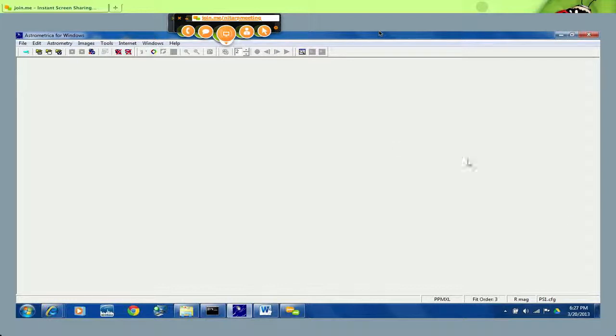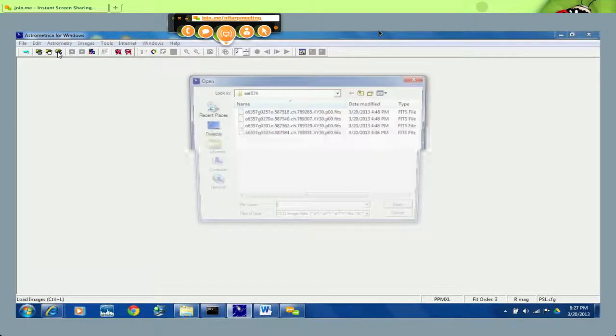This is your toolbar, and to load images, you go back down here. This indication down here tells me that I have the PS1 configuration file open. If I was working on a different image, a 24, 30, or 32, I would have to change that configuration file in order to get the program to work properly. So I'm going to go ahead and load a